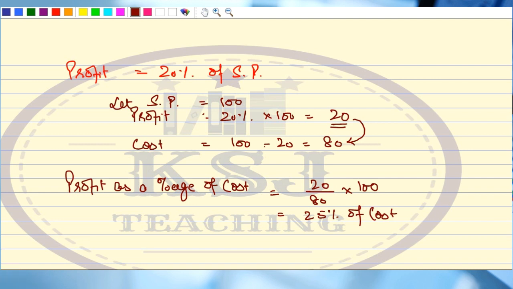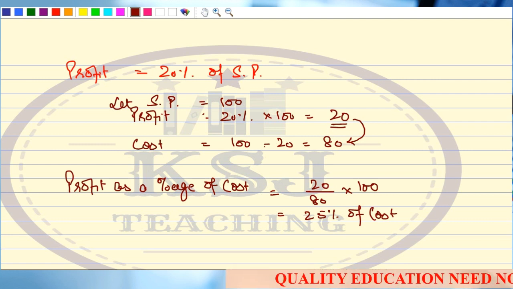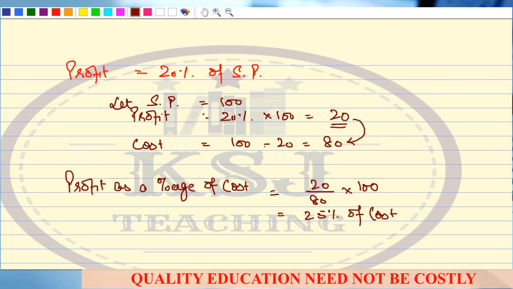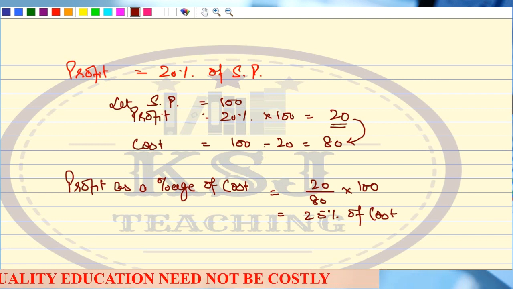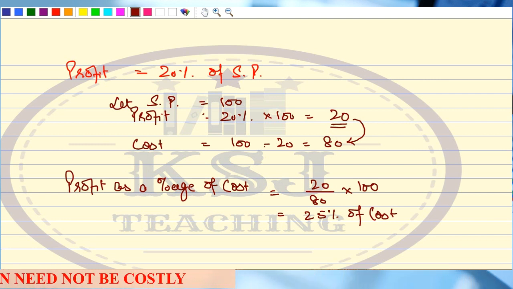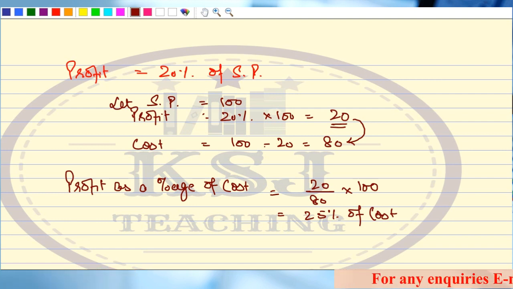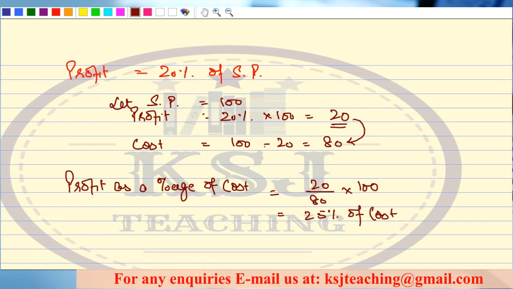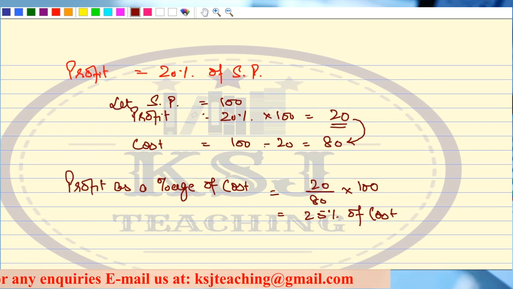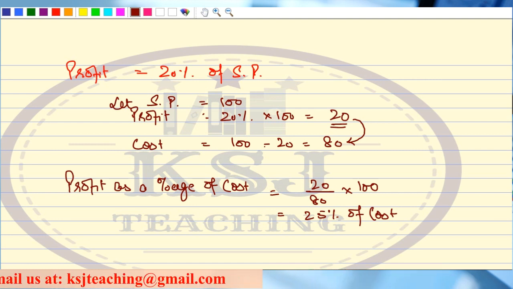Clear? This is really important because this is one point which will come in many of the chapters and where the institute will always trick you. What you will do in the examination, we are always in a hurry to read the question, right? We'll quickly read the question and we will just see the profit word and the percentage part. That's it. We are not going to see whether this percentage is given on selling price or on the cost. We are least concerned in the examination, and this is where we commit mistakes.